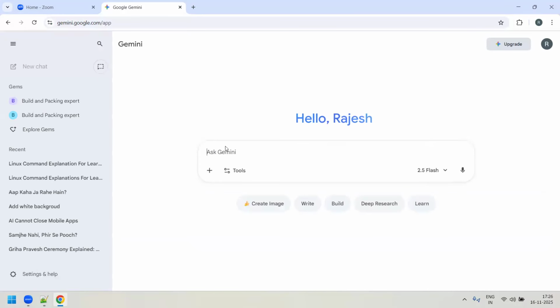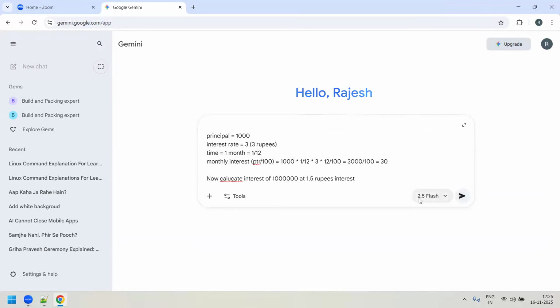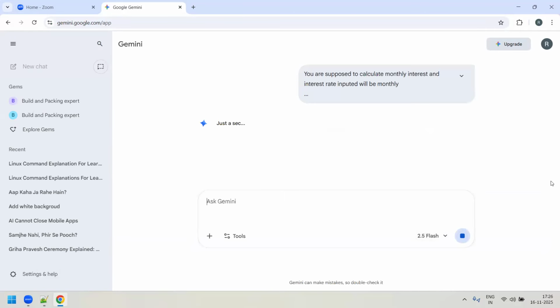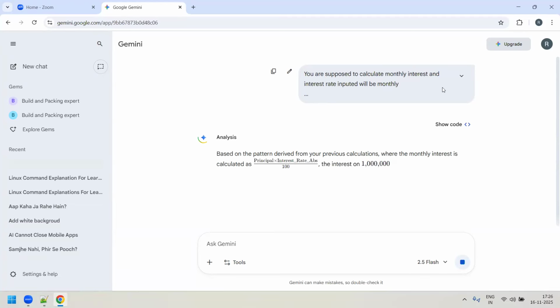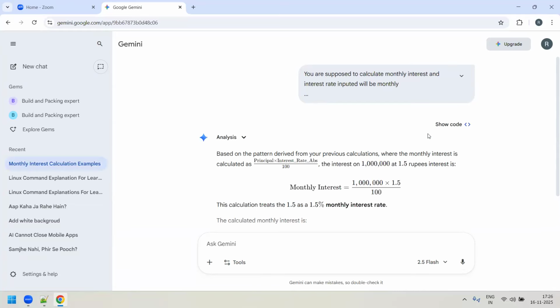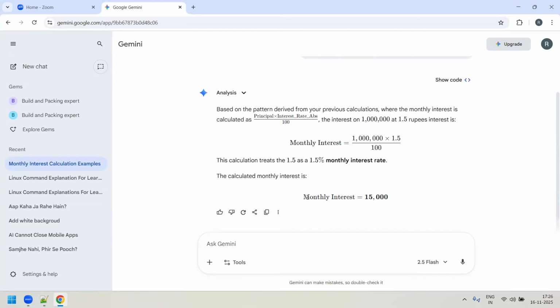Let me paste that and check, because with Gemini we are using 2.5 Flash. It's free, right? So how much are you going to get for 1 lakh? See guys, you're going to get a monthly interest of 15,000 rupees.